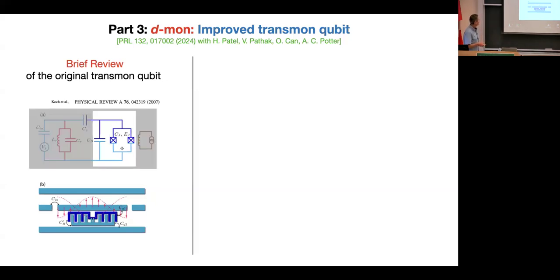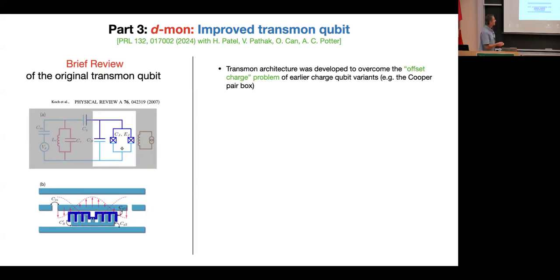The important part of the transmon, which is based on this 2007 theoretical paper by Koch and coworkers, the heart of the transmon is this part here. It's basically a Josephson junction in parallel with a capacitor. This is realized here with 2 Josephson junctions and flux, which allows one to tune the effective Josephson coupling. But in principle, one just needs 1 Josephson junction.